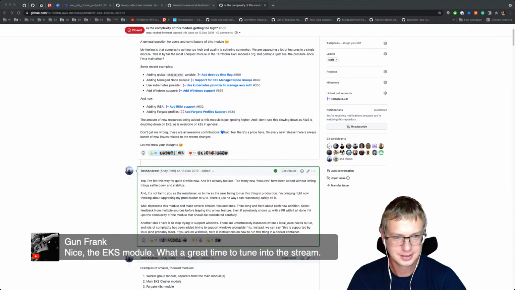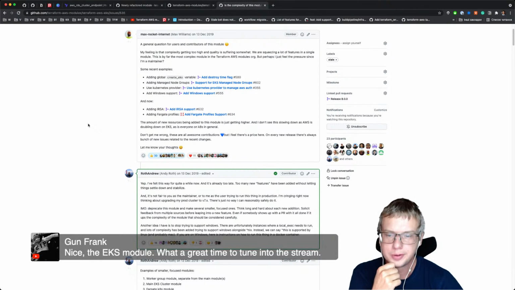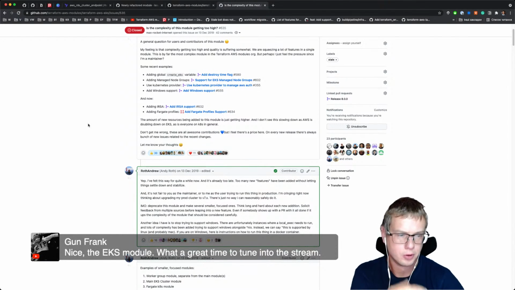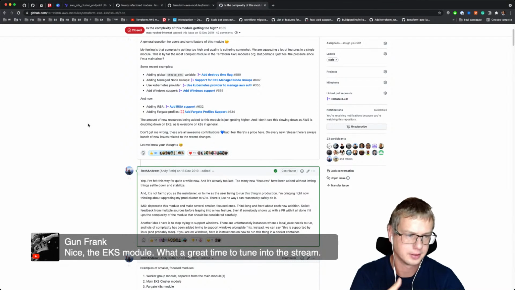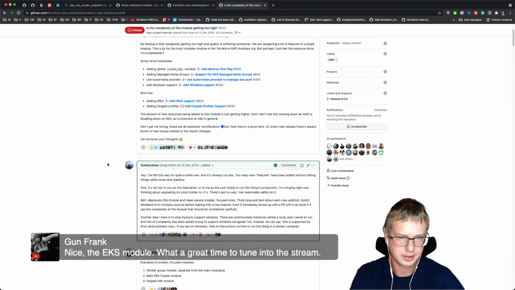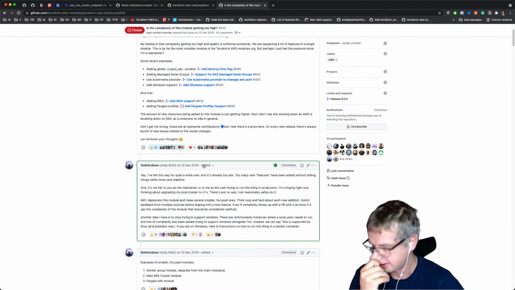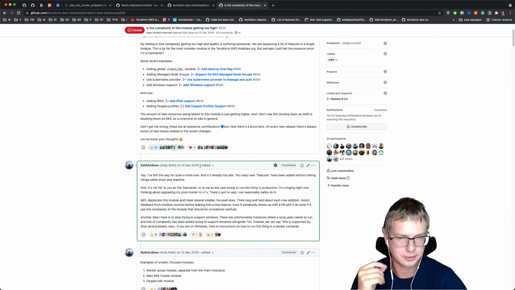Hello again. So the problem from the user perspective is that, well, the module is big, but it's very powerful and it has a lot of features, and we want to keep the same amount of features, but we just want to refactor it slightly differently so that we can actually use it more effectively. This was 2019, so I completely forgot what it means in terms of Terraform versions, but I guess it was about Terraform